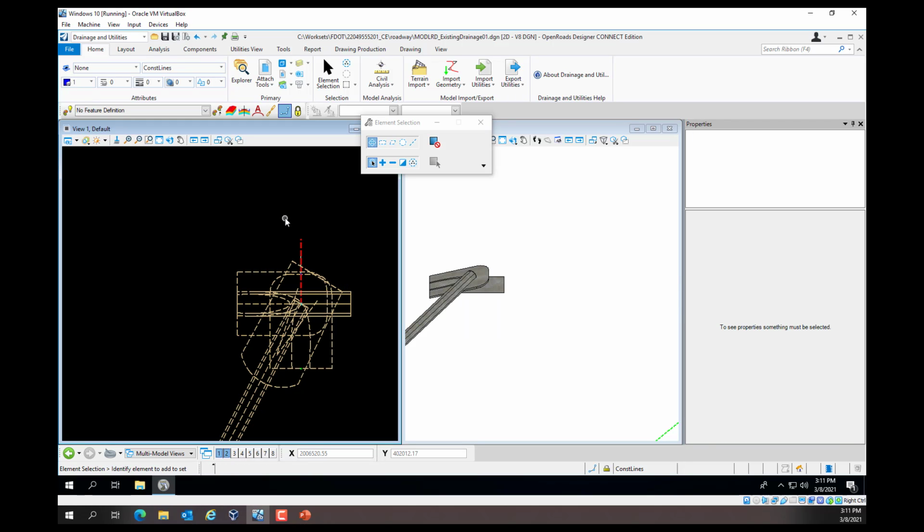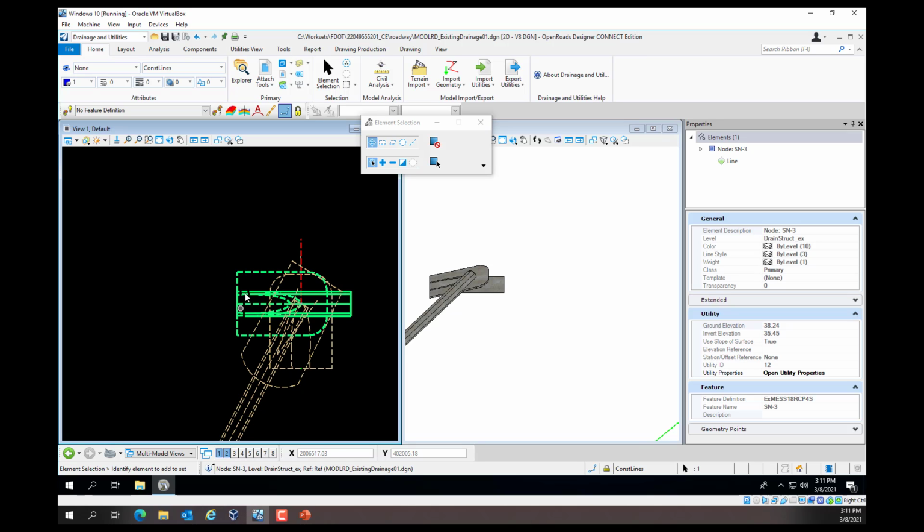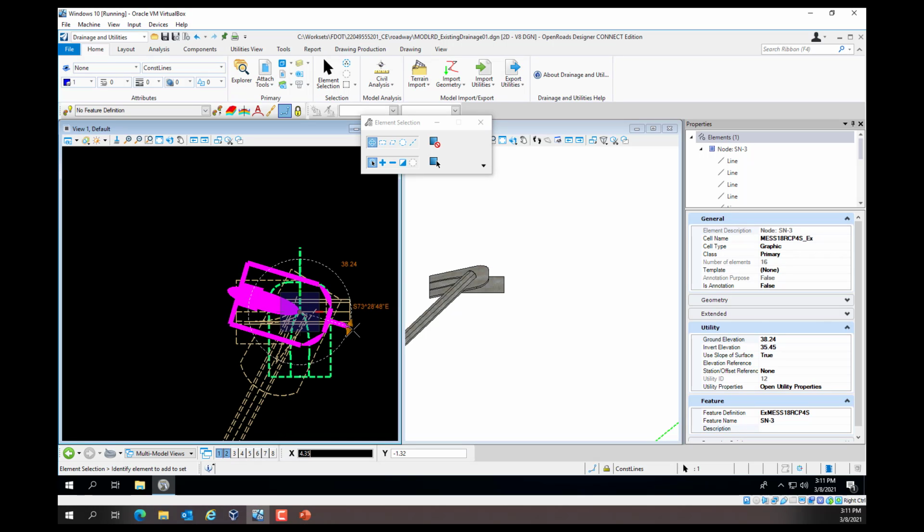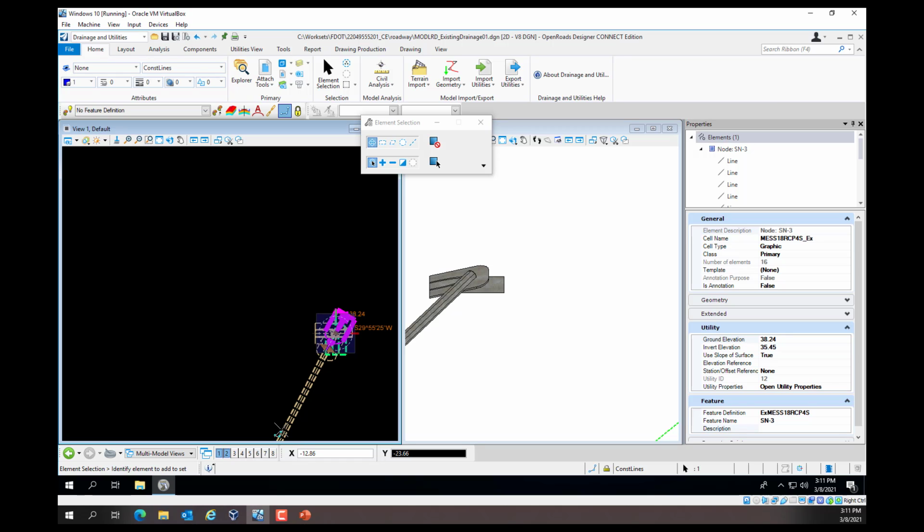We have that set, and now we need to fix the orientation. When we change this, it brings in a 2D and a 3D. Sometimes if you select one, it won't bring up your manipulators. Just go ahead and select the other one. That'll bring up your manipulators. Then we'll fix the rotation by selecting the arrows of the manipulators and snapping to the middle of the pipe.